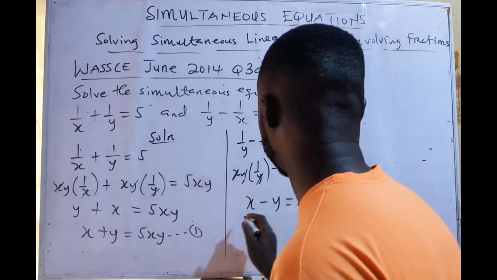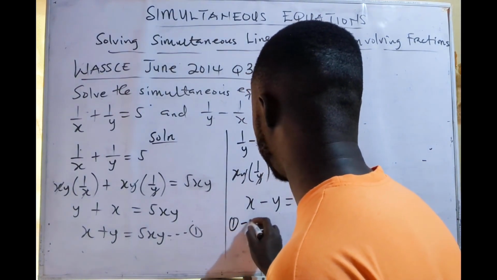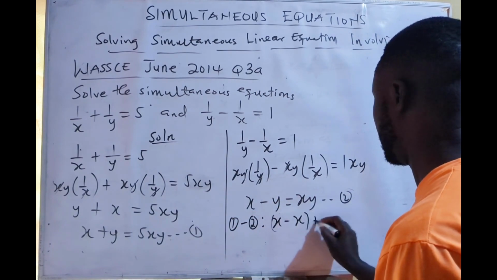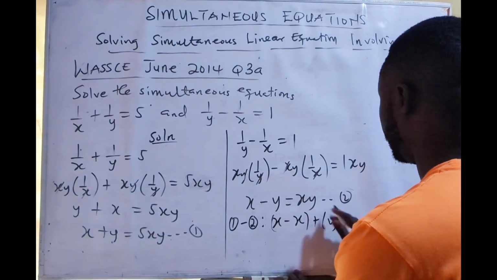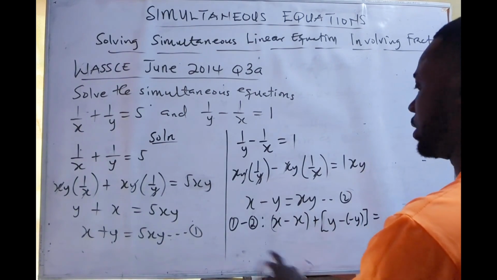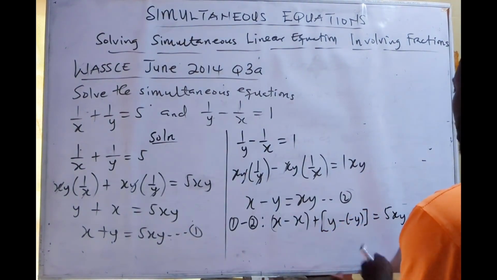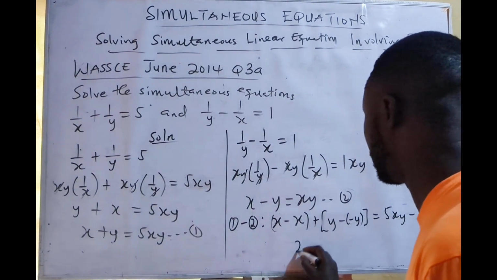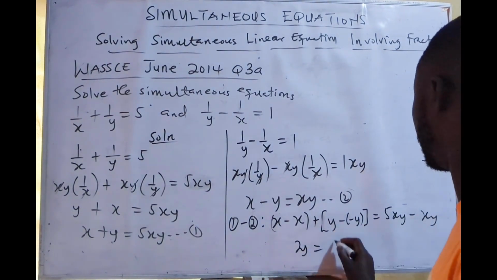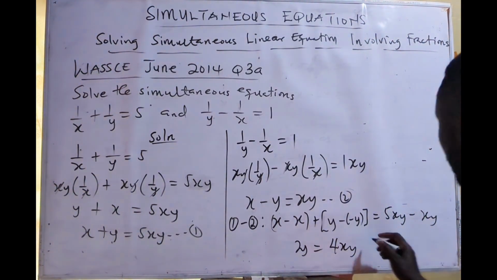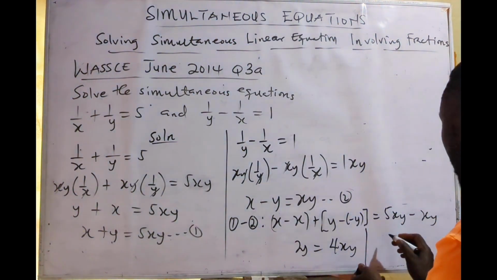So what we can say is, let's say equation 1 minus equation 2. Equation 1, so x minus x plus y minus y, and then 5xy minus xy. Okay, so x minus x will go, y minus minus y gives me 2y, so that is y plus y, and this will give me 4xy, that is 5xy minus xy. So we can divide through by y so that we get rid of the y. Okay, so dividing through by y,